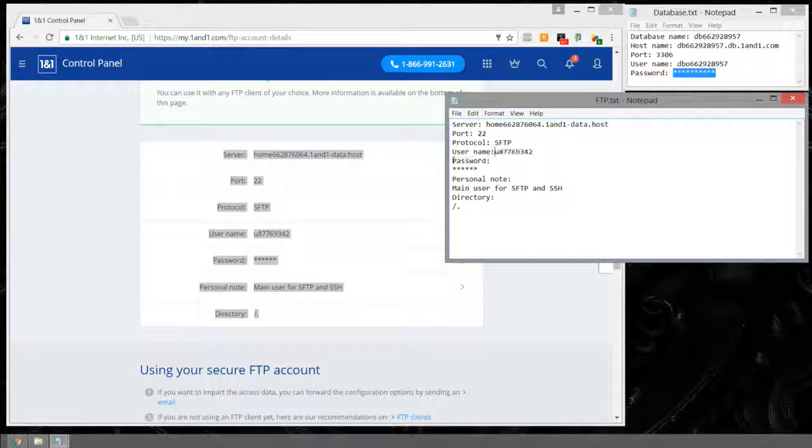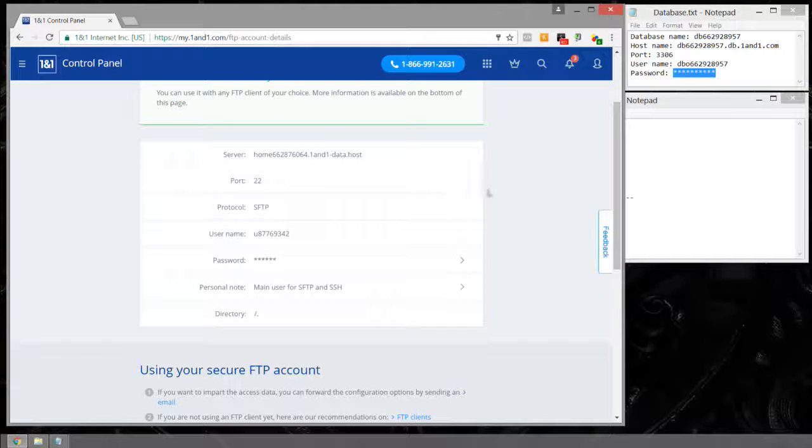By default, it puts each title and the data for that title on a new line. Sometimes I like to hit enter twice and draw a few dashes to separate two different FTP accounts. So if you want to create another FTP account for a specific folder or for a specific user to access a specific folder, then you can hit enter twice in your text document, come back over to your browser,